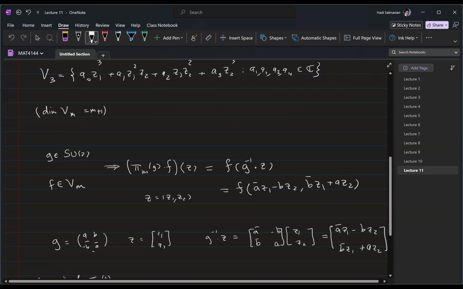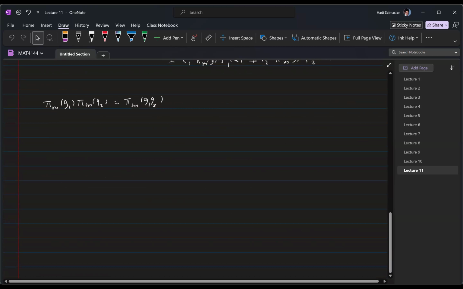You might say, oh, why did you put this inverse? Why didn't you just put G? But this inverse becomes important when we do this calculation. Otherwise, we wouldn't get this relation. So let's see why. So pi m of G1 G2, F at Z. What is this? This is F of (G1 G2) inverse Z by definition, right? And this you can write as F of G2 inverse G1 inverse Z. And remember, Z is a vector, so it's all by matrix multiplication. It's like I can expand it like this. But now F of G2 inverse of something, that is